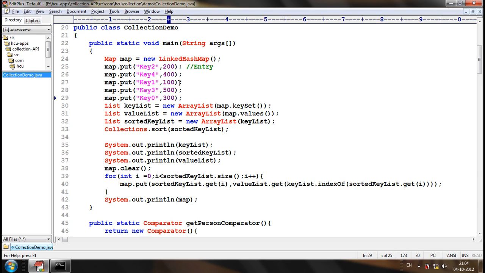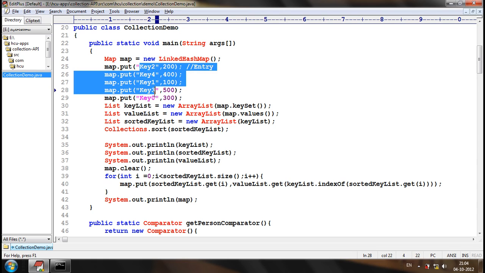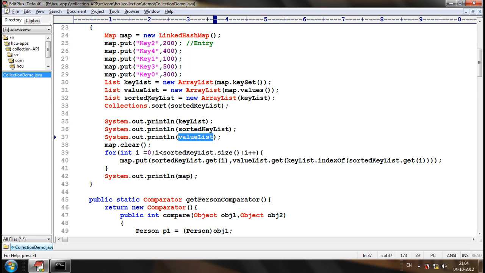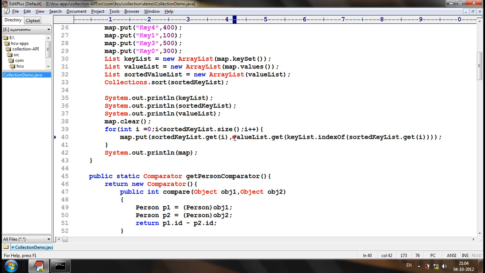Now these are the elements that don't exist in ascending order of the keys or even in the ascending order of the values. Now I want to sort the elements in the ascending order of the values. Then how we can do it is, in case of sorted key list, we need to take sorted value list. In case of key list, we need to take value list. And while putting the values, we need to go for sorted value list. And now the second one is